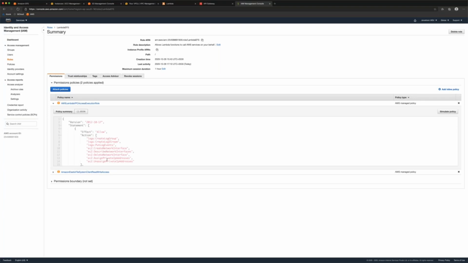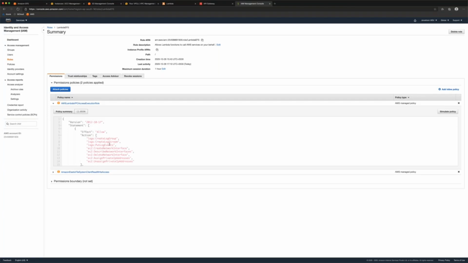And because this is running inside the VPC, to make sure that it is able to make outbound calls, or even to connect to another resource running in the same VPC, it needs access to the ENI, which is the Elastic Network Interface. So we have given a policy that has permissions for creating, describing, deleting, and managing the life cycle of the ENI.